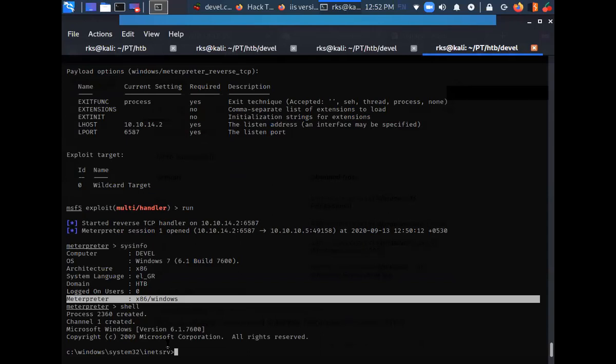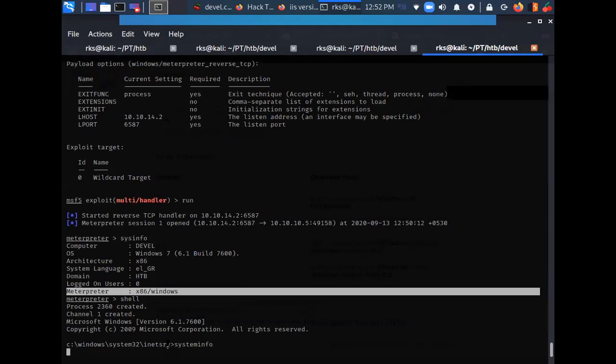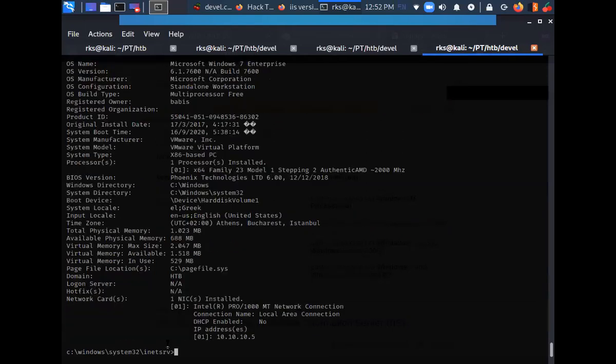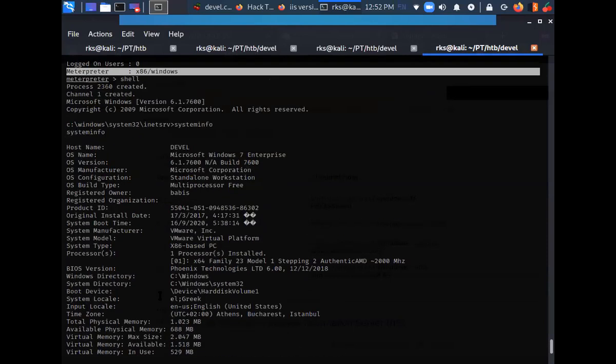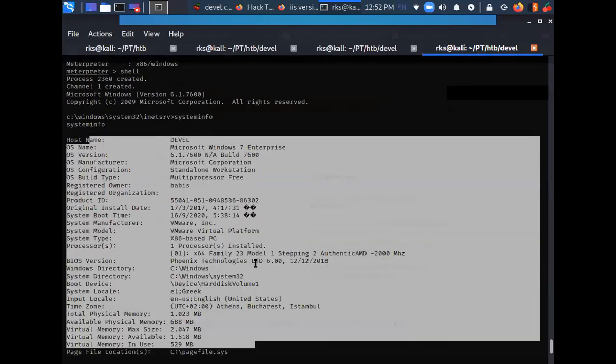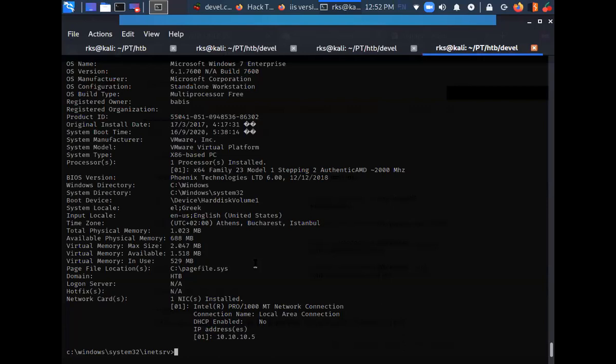Or else, let me show you how we can see the system information. Just type systeminfo, press enter, and here you can see a lot of information related to the target operating system.